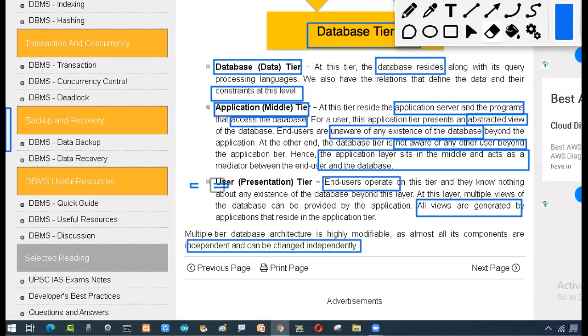So he'll be doing two applications: one for this particular one and second for this one. The developer designs the application for the server as well as for the user, so two applications are developed in the three-tier architecture, right?